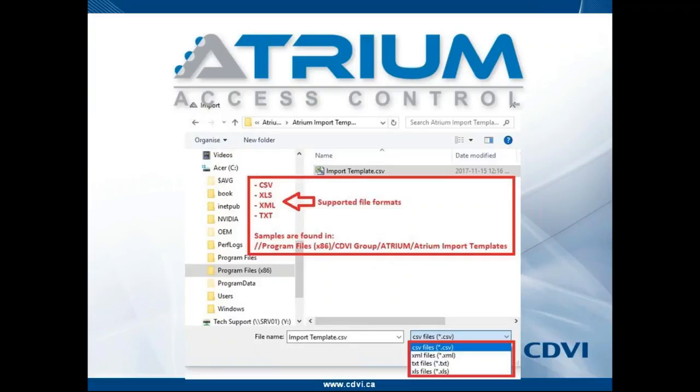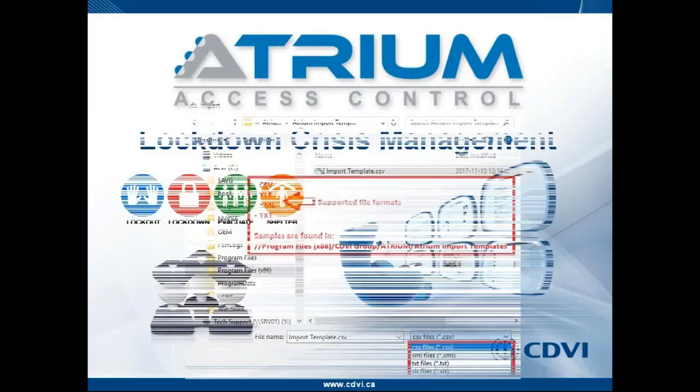Once the import is done, Atrium will present a report indicating the success or failure of the import of the individual records in that file. So you do get a report that you can view on screen, print out, and save as a PDF if you'd like, when the import is done. After the import is completed,